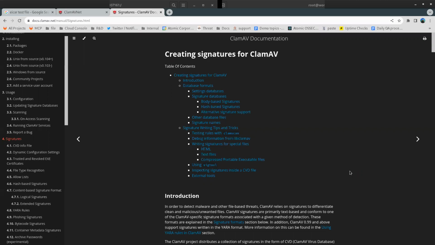Now, I've used ClamAV in a couple of different scenarios. I've certainly used it to find malware, but I've also used it to find files, totally non-malicious stuff. I create a signature for it because I just want to find all the files that are a certain kind, and you can search through.